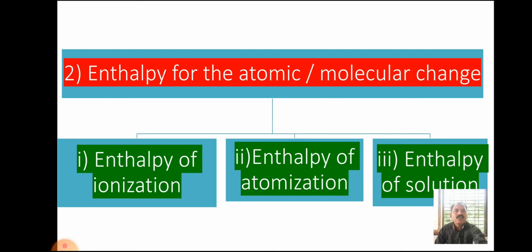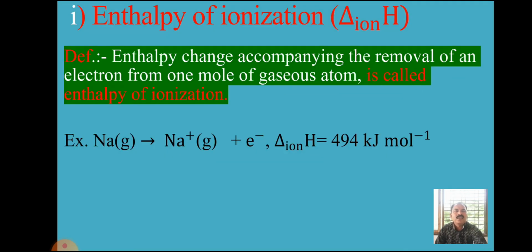First, enthalpy of ionization. The enthalpy of ionization is denoted by delta subscript ion capital H. Definition: the enthalpy change accompanying the removal of an electron from one mole of a gaseous atom is called enthalpy of ionization. That means in this case 1 mole is necessary. The example of enthalpy of ionization is